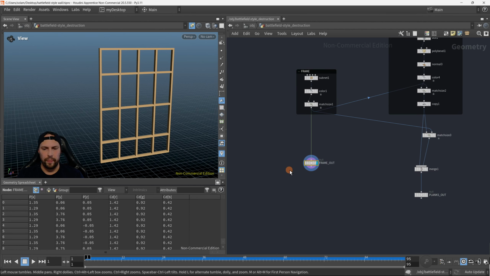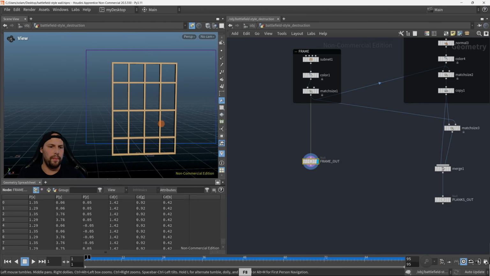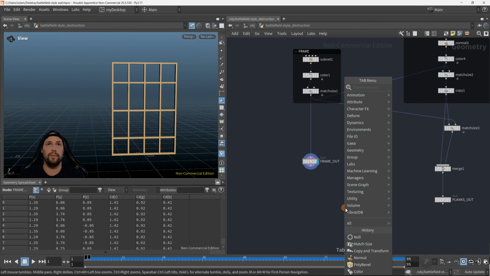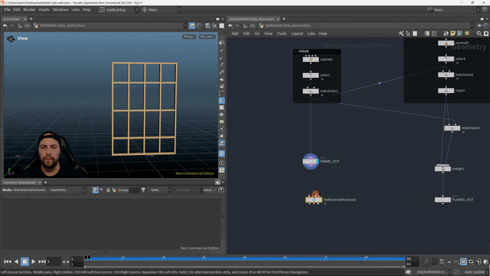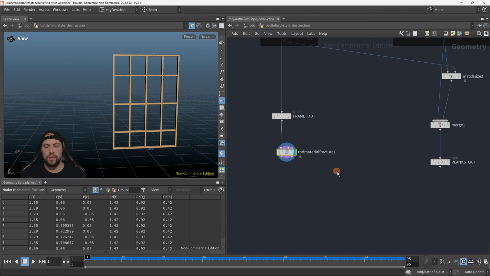So our frame. What I want to do next is I want to think about how I'm going to break this into multiple pieces, because right now it's like one and the same geometry. Okay, there's nothing that cuts it. So we need to use a node called RBD material fracture node. And if I press tab on my keyboard, type in RBD material fracture, there it is. I'm going to use that node to fracture this frame. And if I pull up settings for this node by pressing P on my keyboard,